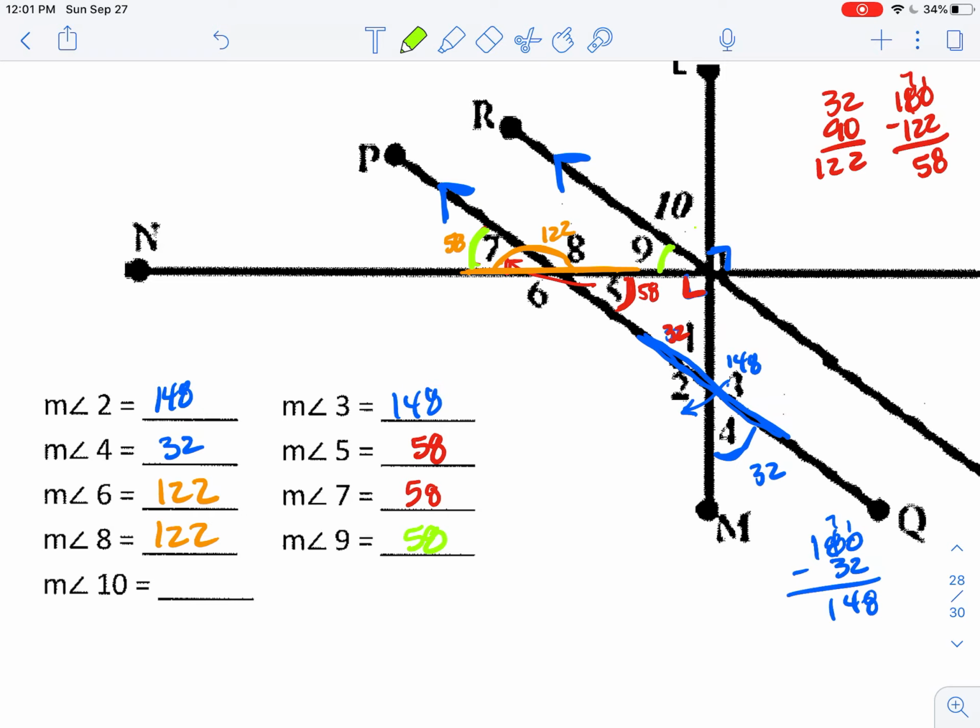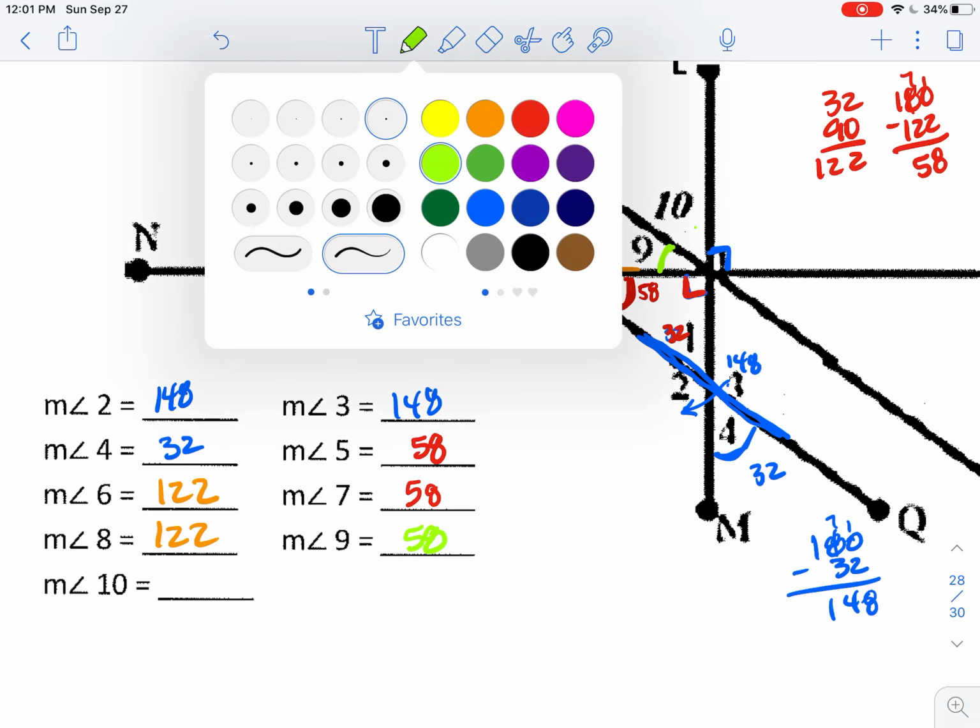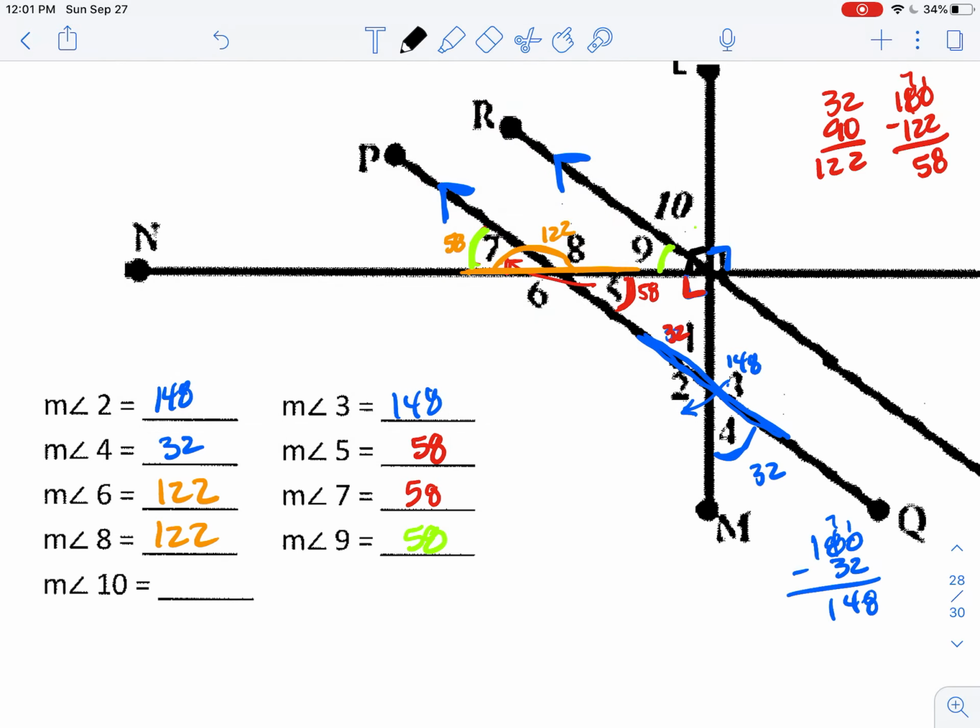And I know that 9 and 10 must be complementary because the other two angles in that angle grouping are both 90-degree right angles. So I know that 9 and 10 have to add to get 90. So if I know the measure of angle 9 is 58, then 90 minus 58, and let's do a little bit of arithmetic, let's see, how about 32? All right, and that